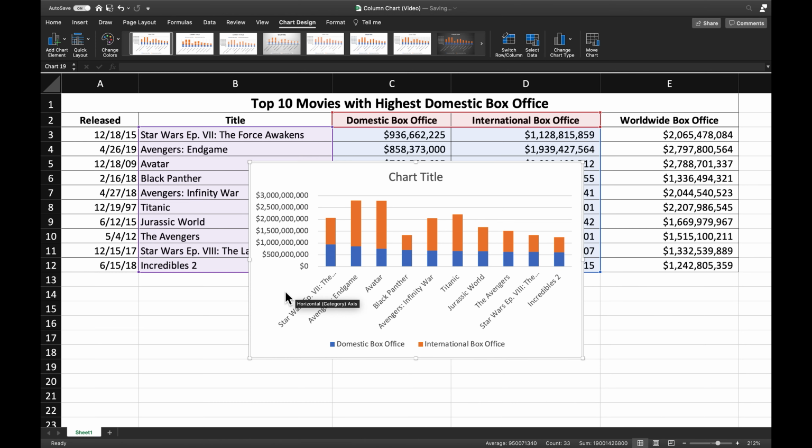This chart is very useful. Here you can see the highest worldwide box office is Avengers Endgame. If you look at Titanic, it's about number 5 in domestic box office, but is number 3 in worldwide box